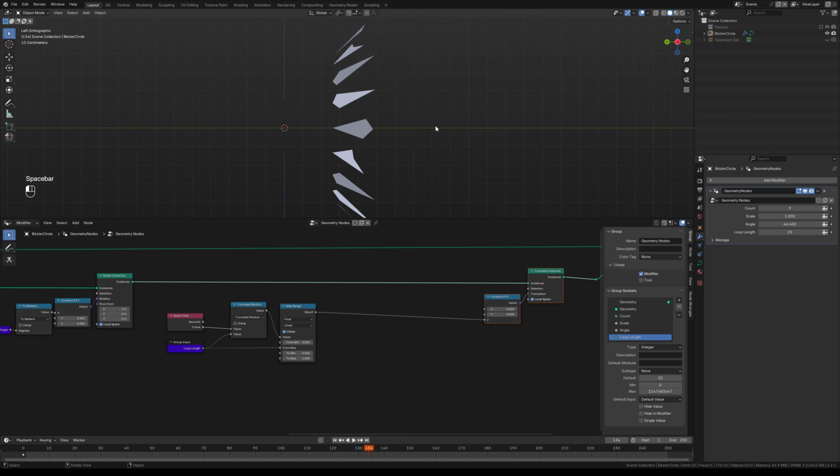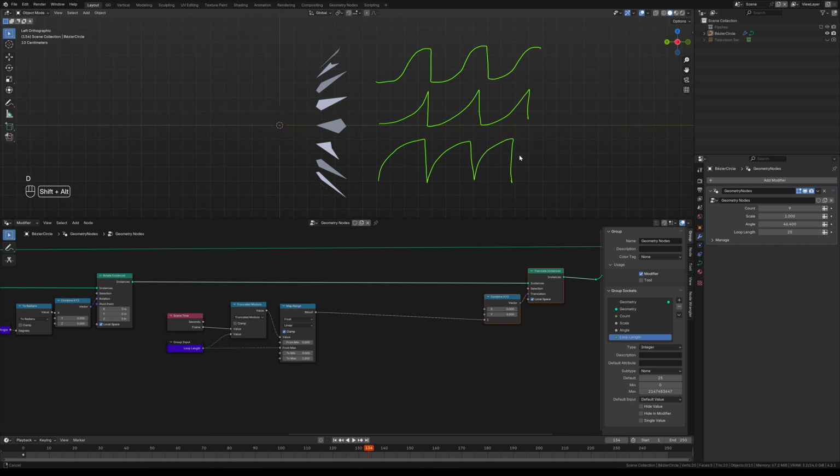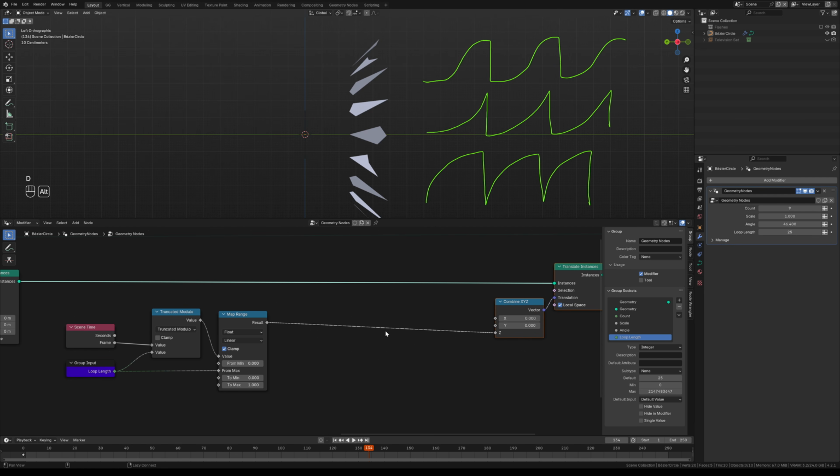Now let's add some control to the animation itself. Our animation curve still looks like this. Very linear, same speed every single time. What if we want to adjust the speed, so say they move slowly to begin with and then fast at the end and then start again, or burst out really quickly and slow down, or slow then fast and then they ease out at the end? Let's bring in a float curve,